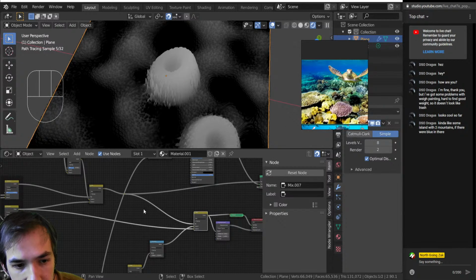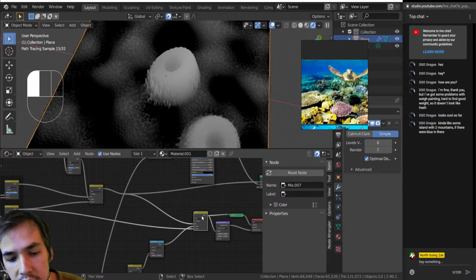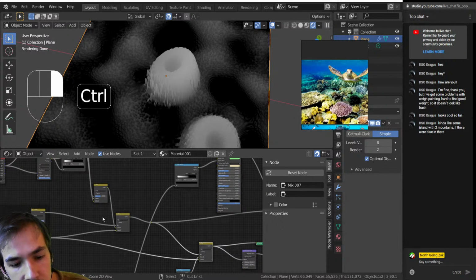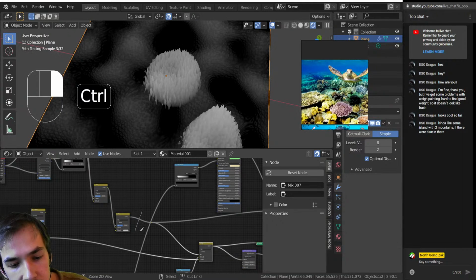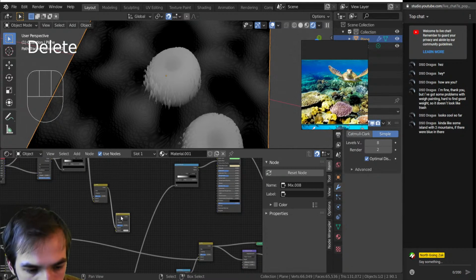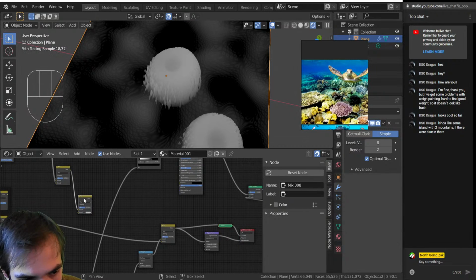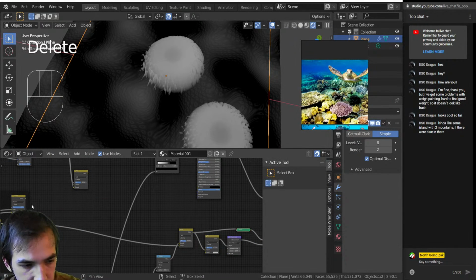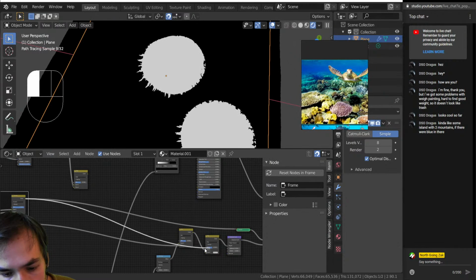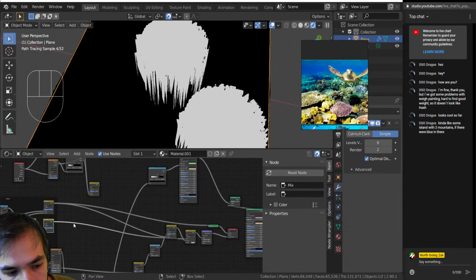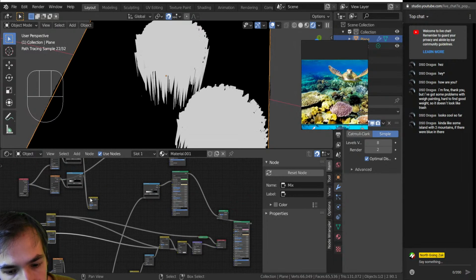Okay, so we have this. Yeah, so we're going to have to mix this a little bit later, actually, after everything. So what we do, we'll just do it again, and we'll learn it better if we do it a second time. So with this mix shader, we're using this alpha to control the mix, and then we're actually not going to use that, but we're going to use